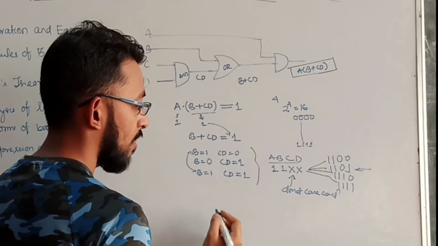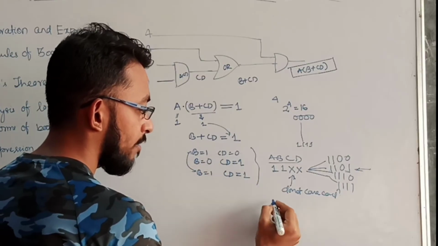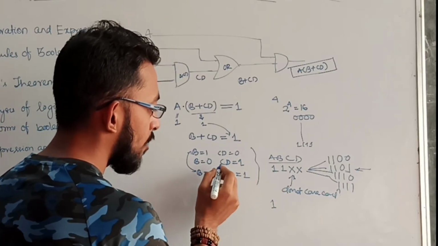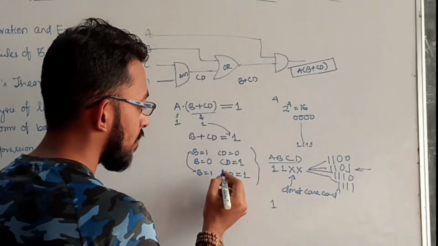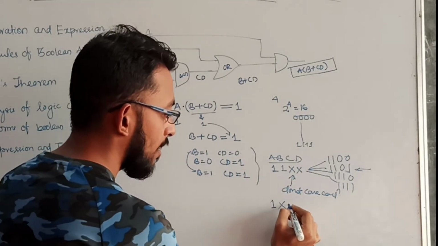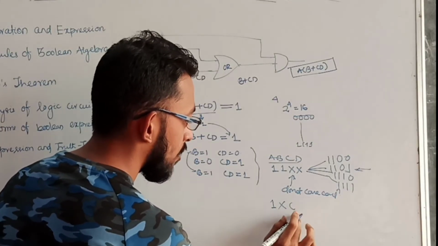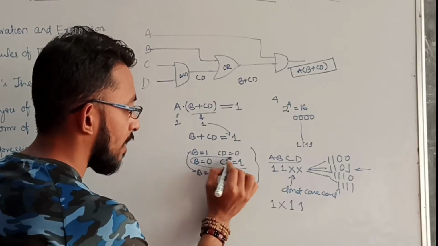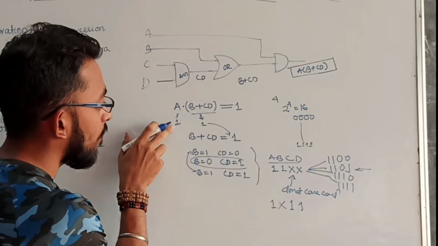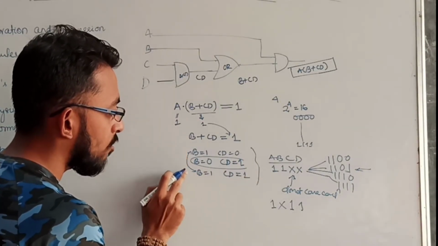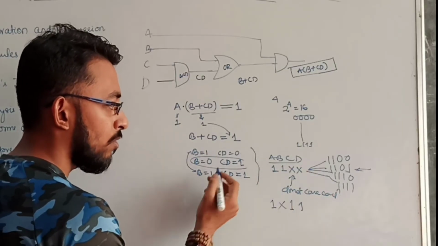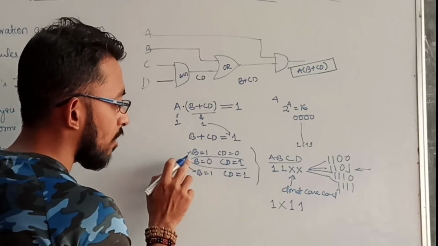So this is one case. And the second case is nothing but this one. It means my A should be 1 and my C dot D should be 0. It does not matter what B is if C and D, these two, are 1 and 1. This is the second case. I have already taken the first case, A equal to 1 and B equal to 1. For that case, my C, D can take any values.